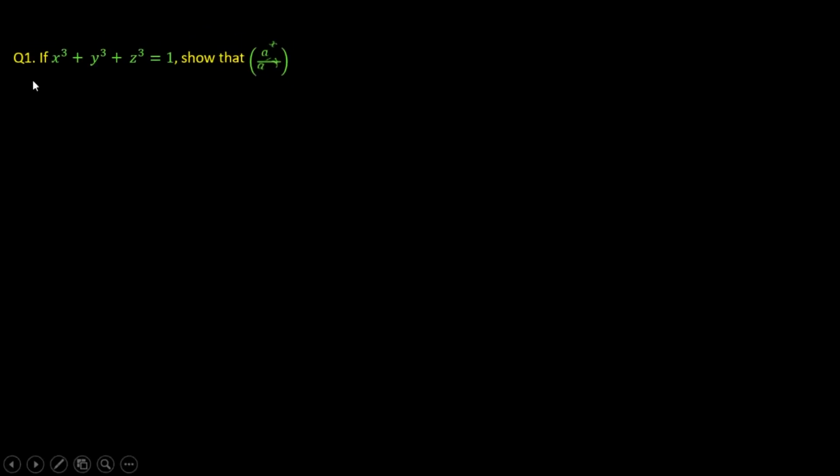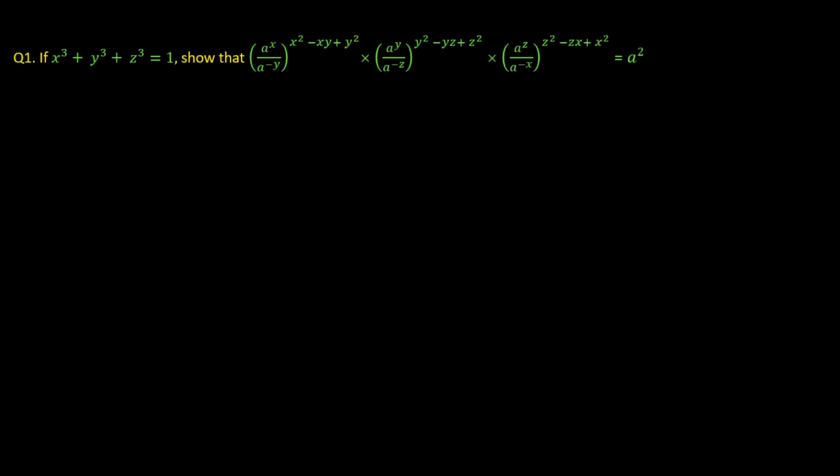Okay, so here on your screen you can see the question. The question says x cube plus y cube plus z cube equal to 1. Okay, so this is the given part. If this is the given part, then you have to show that a to the power x upon a to the power minus y whole to the power x square minus xy plus y square times a